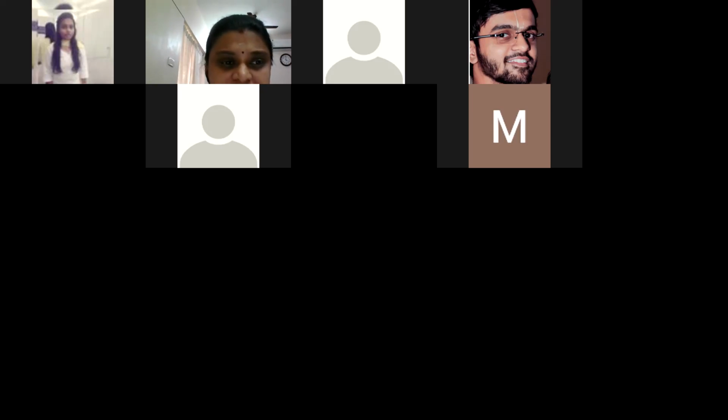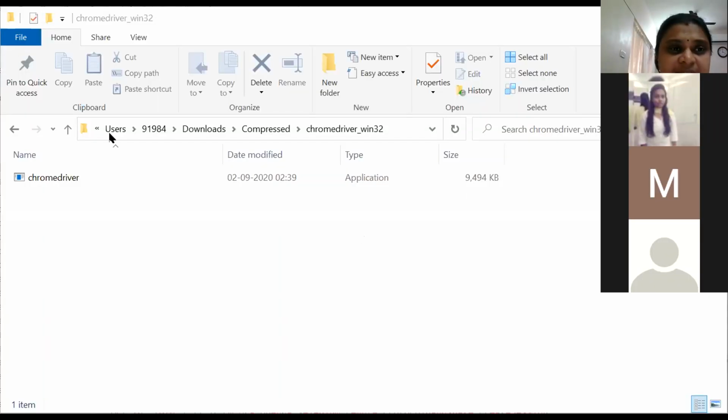Okay, in this I have this compressed folder. This is my folder. So don't give this folder alone. In fact, this is that Chrome driver exe. Oh, have I not shared? Are you able to see? Whoever had this question, this is where I have extracted my Chrome. It's just a download path where I have extracted my Chrome driver.